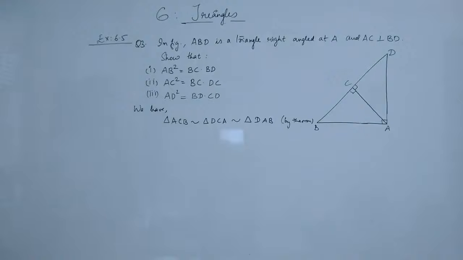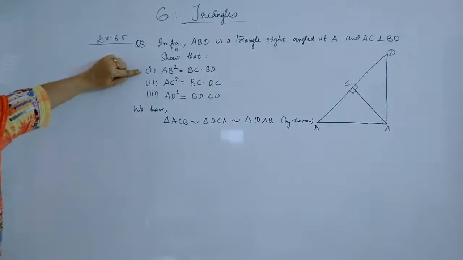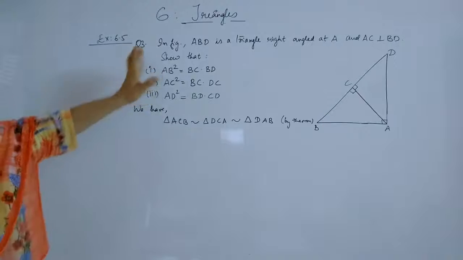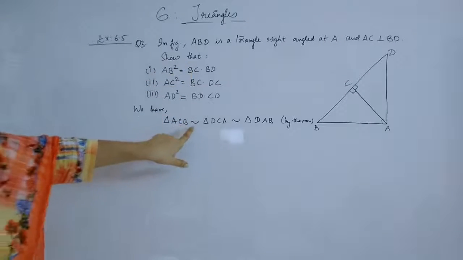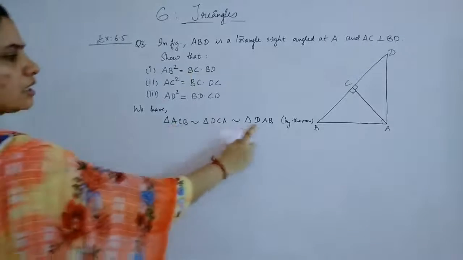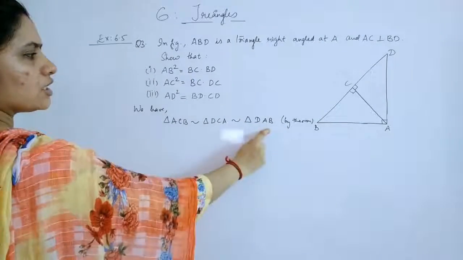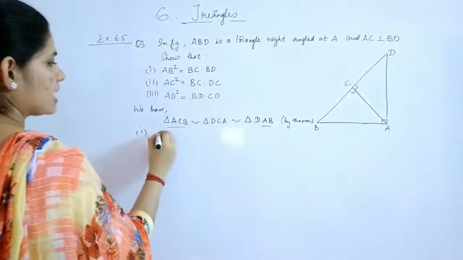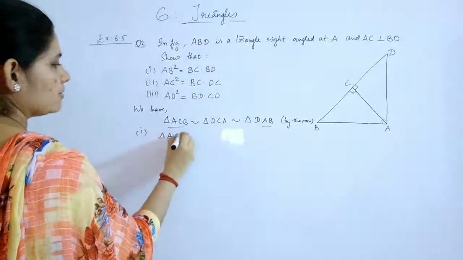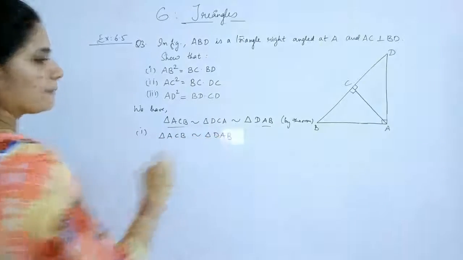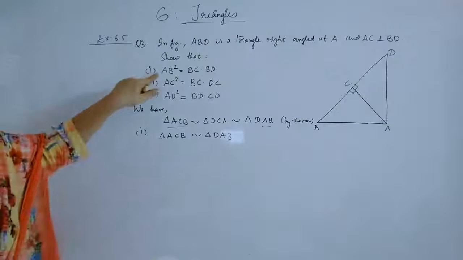Now what we have to do is, first you go for the first subdivision. There you have AB square. When you have AB square to be proven equal to something, you just take those two triangles in which you have AB. Here you have AB, here you have AB. So for the first subdivision, you just take this and this as a pair. ACB similar to triangle DAB. Then only it is possible to get this AB square.